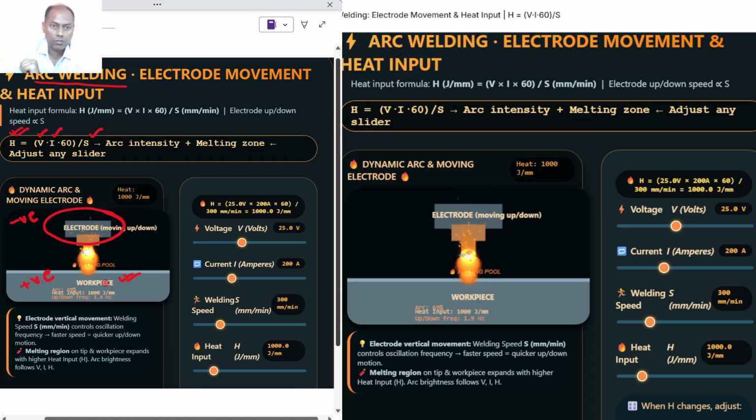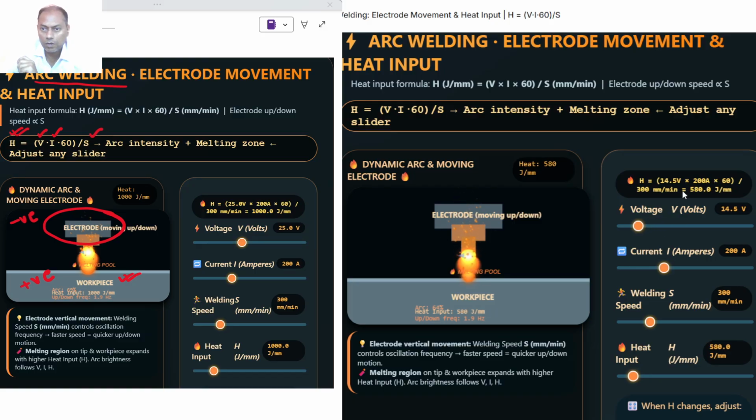So in this animation, when you adjust the voltage, the corresponding H value will change according to the relation H is equal to VI into 60 upon S. S is in mm per minute, so we have converted it to seconds. So when you are decreasing the voltage,